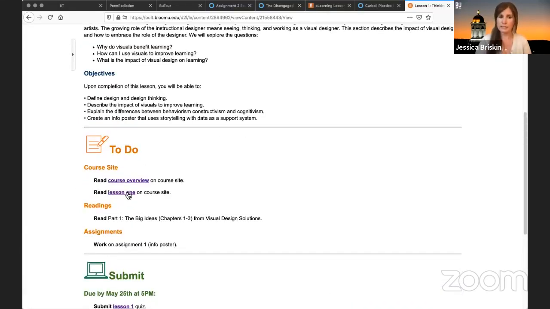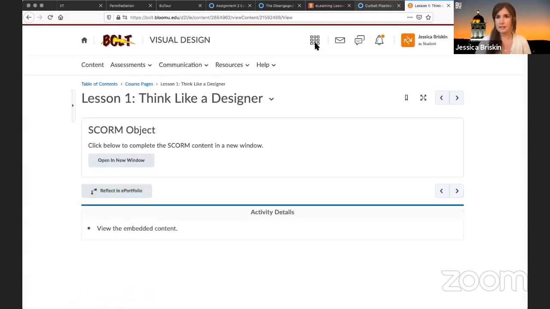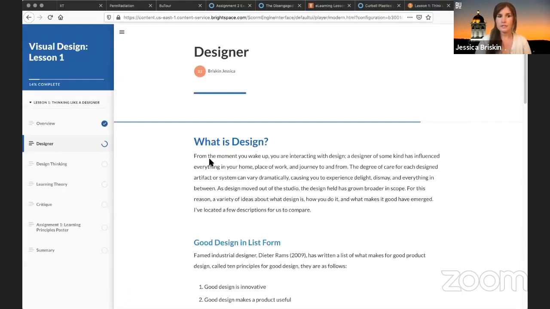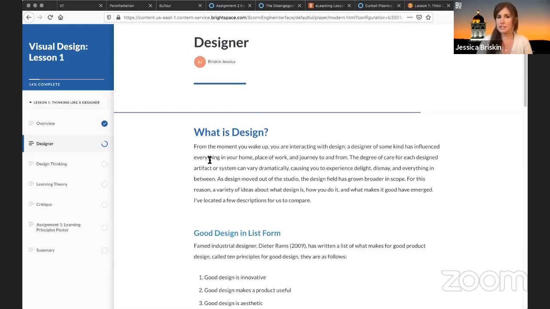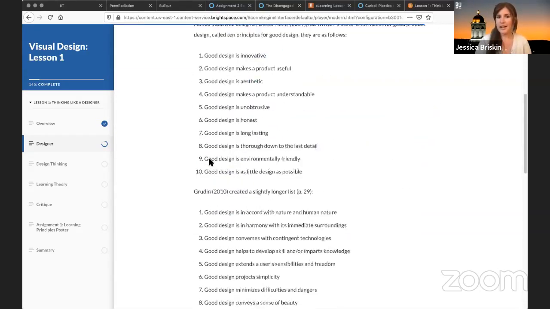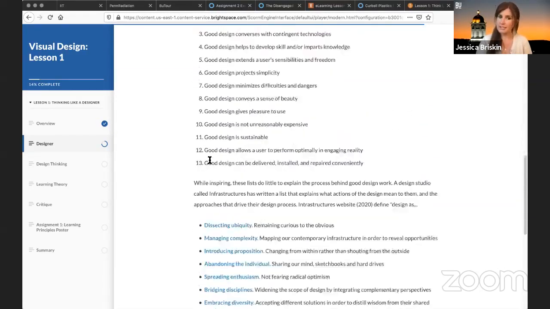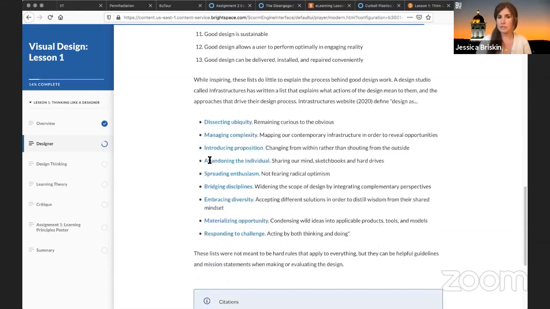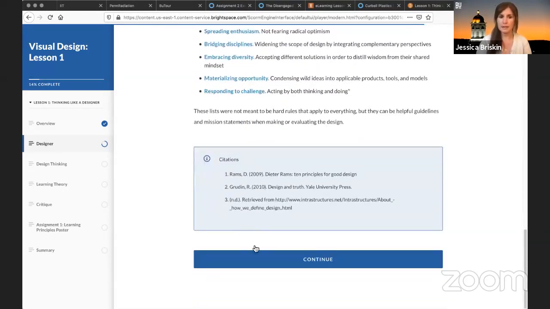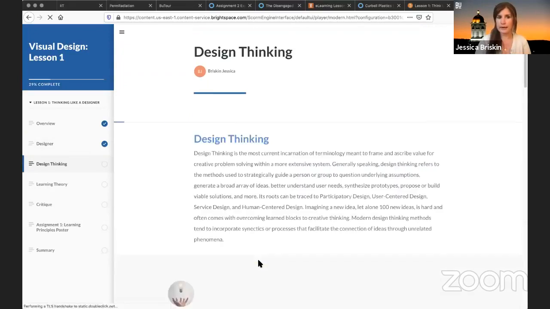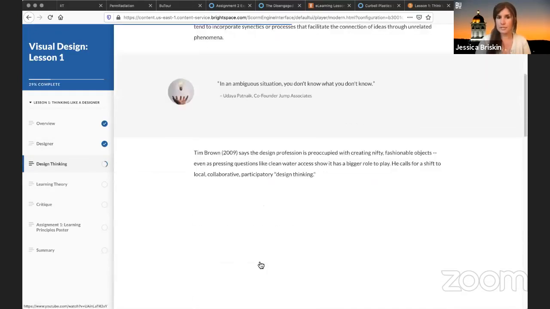And then all of our content I actually develop in one of our software programs. Articulate has a program called Rise, and I move all of my course content into Rise right here. So each week it kind of becomes a little interactive book where I have you work through different content. We still do have a synchronous session where we talk about all these different concepts, but you can start to see a little bit around how our content is set up in our courses.